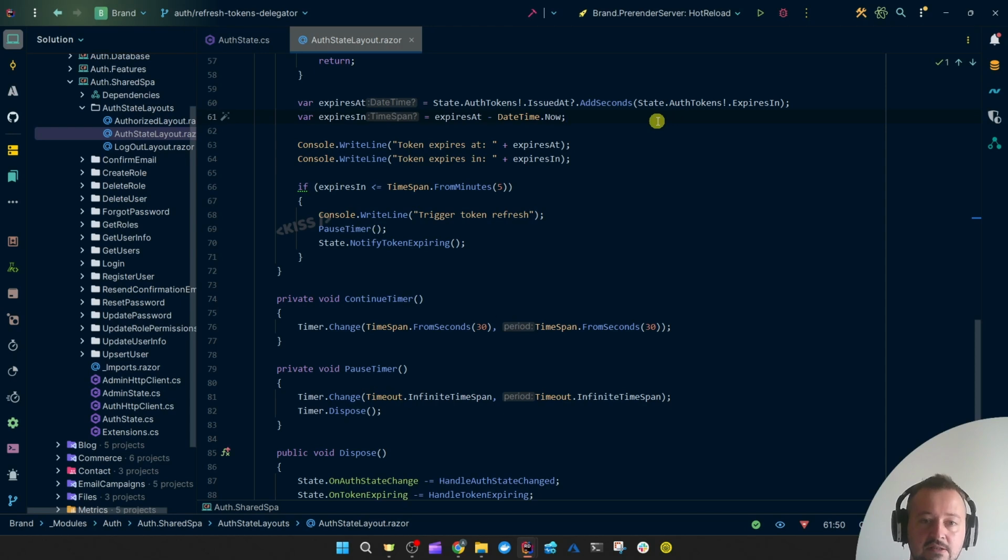If we have a valid access token, we are going to calculate the expires at and expires in values. So expires at is the issued at plus the expires in time, and then expires in is how much time there is left for the token to be valid. If that expires in becomes less than or equal to 5 minutes, so 5 minutes until expiry time, then we're